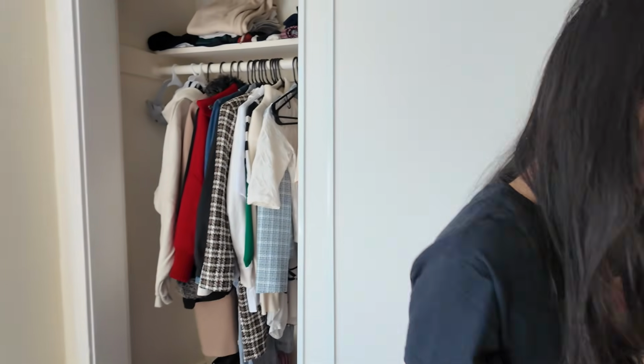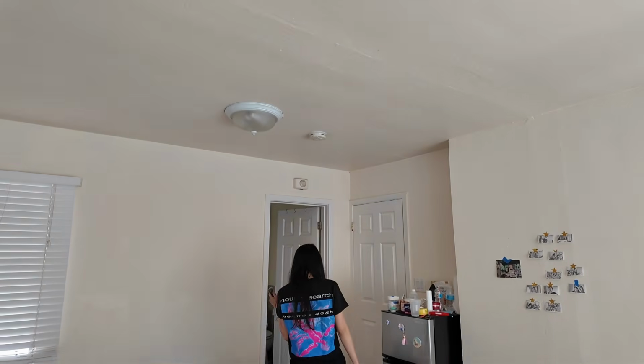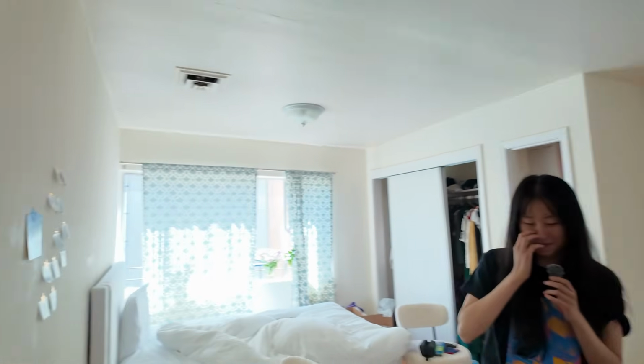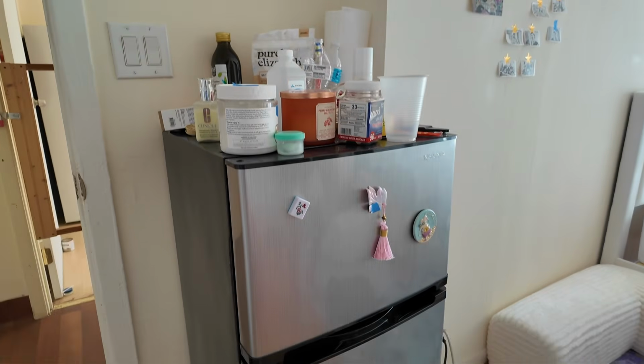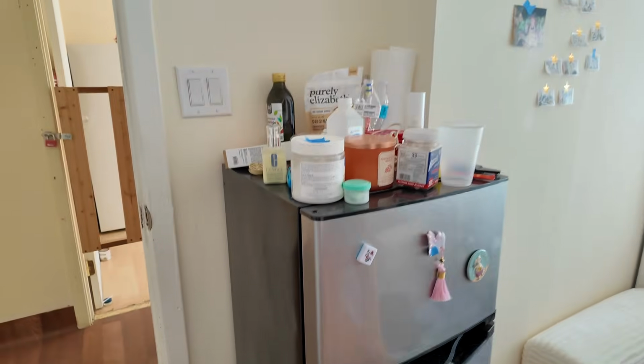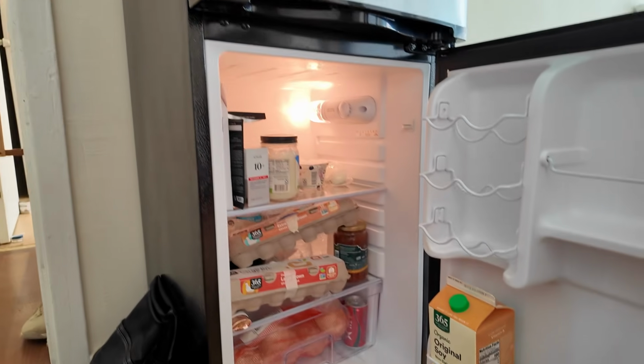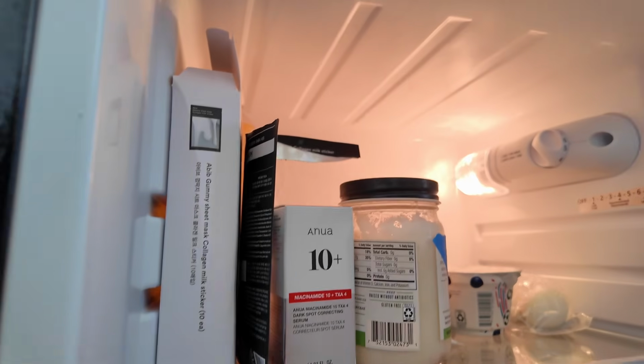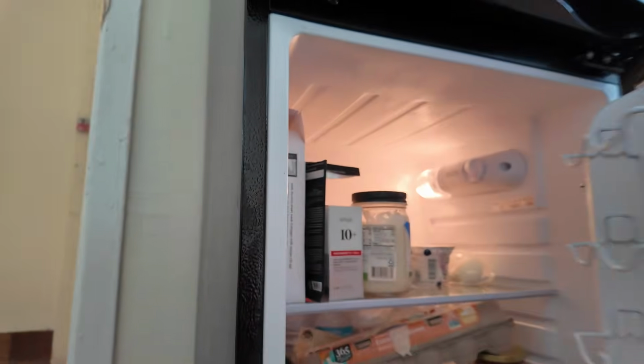Okay, what else? So something cool that I have. Okay, so this is my refrigerator, where I kind of use it to store everything at the moment. As you can tell, this is my life. I just went on a trip to Korea, so a bunch of random stuff. In case you're curious about